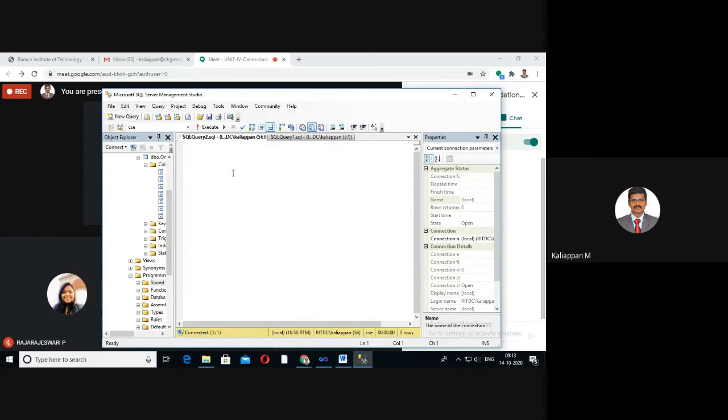Here you have to create your stored procedure. I already created this stored procedure. Use CSE, which is the database. Then create procedure. I hope all of you know how to create a stored procedure in a database. Create procedure select_pro is the name of your stored procedure.